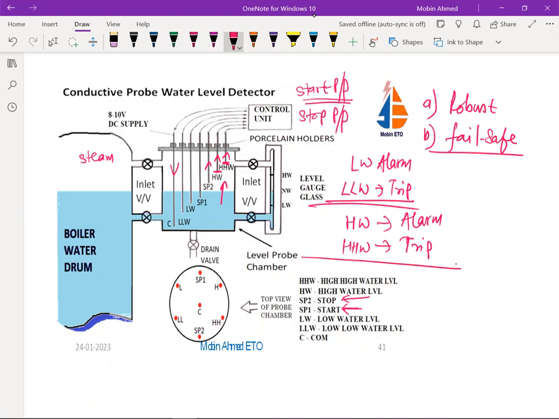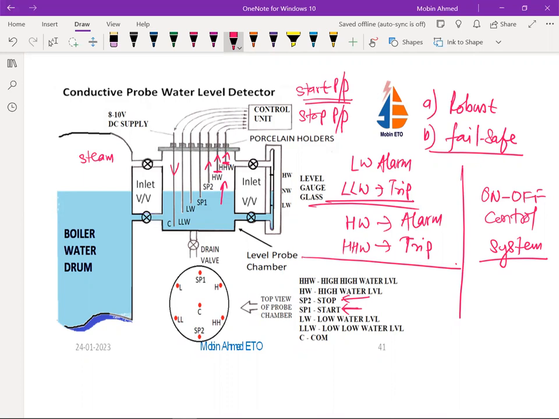So this is the very simplest one, and very robust and very fail-safe. This conductive probe is very widely used. But remember, this is going to be used only for the on-off control system. It is used only for the on-off control system. Okay. Now next,